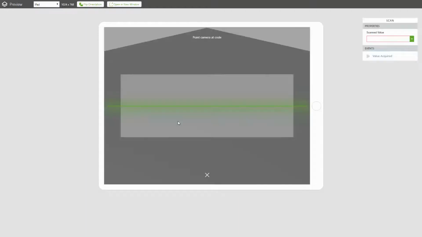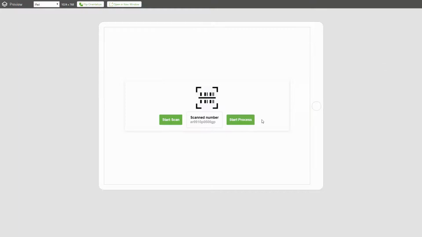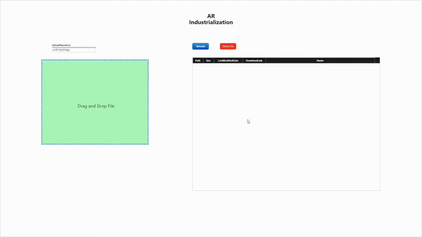In this experience, our customer is asked to scan a barcode first because this gives them an identifier of which experience they are working on. Once they scan the barcode, they can start the experience. In our case, this object is not created yet, so what will happen is that the experience jumps back to start. I'm going to hit start process, and as you can see, the experience does not load as there is no content available. Therefore, we're going to our